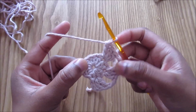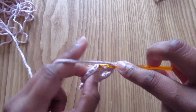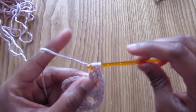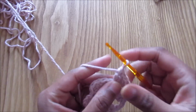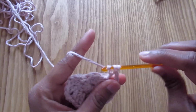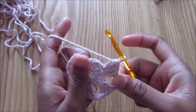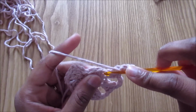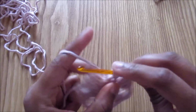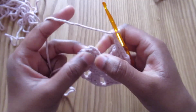So these are the corners, and I'm going to continue chain 2, skip the next one, going into the next and 3 double crochet, 1, 2 and 3, again chain 2, skip the next one, going into the next and 3 double crochet, 1, 2 and 3, and I'm going to continue chain 2, skip the next one, going into the next, 1, 2, 3 and chain 2, and you got the last one which you have to skip and slip stitch on top